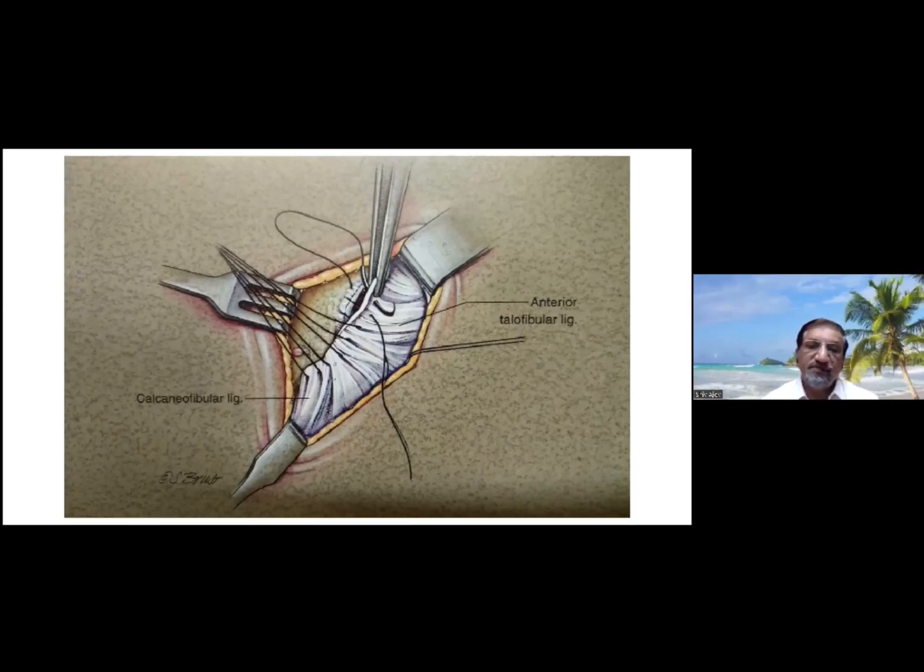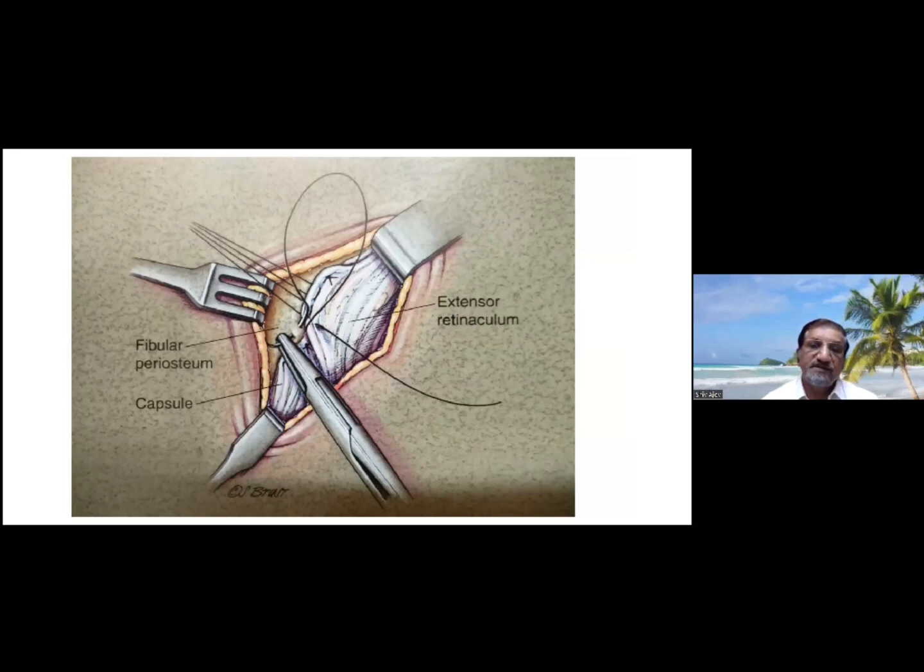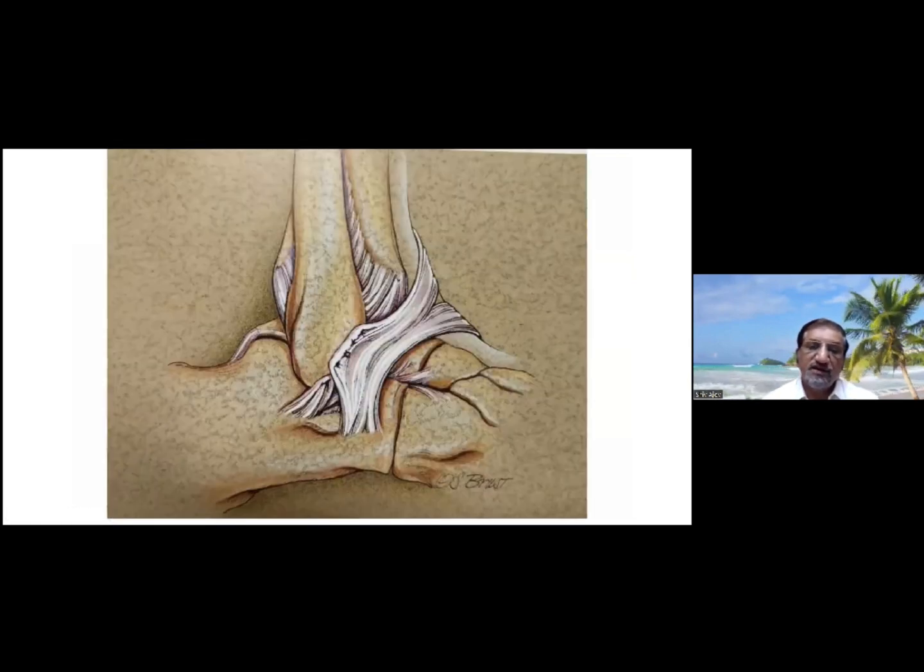So this is what is going to be done, and you can see how the procedure is completed. Just a textbook picture here, so that we know exactly what is being done. And that is what is called the Gould's modification, wherein he has taken a little bit of the extensor retinaculum, which is just adjacent to it, and is going to reinforce the repair that we have done over here. That's the Gould's modification of it. The same thing is being shown here, and it is a completed procedure.